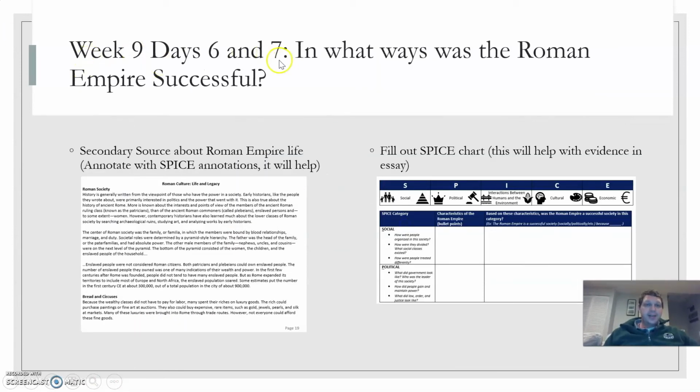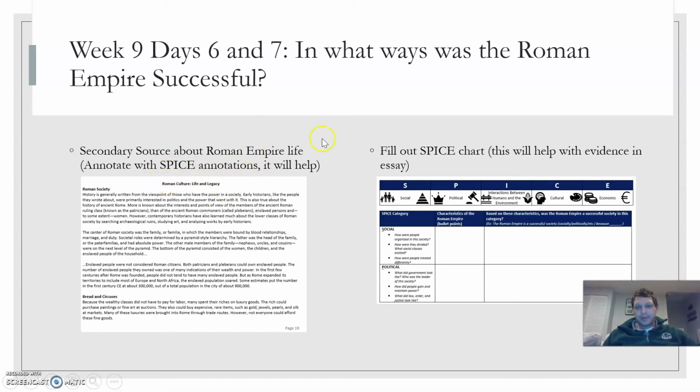Days 6 and 7 of week 9: in what ways was the Roman Empire successful? This is going to be the meat and potatoes of most of your essays. It's a secondary source all about life in the Roman Empire. Really focus on the SPICE,